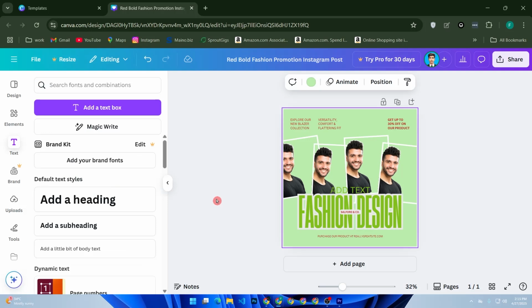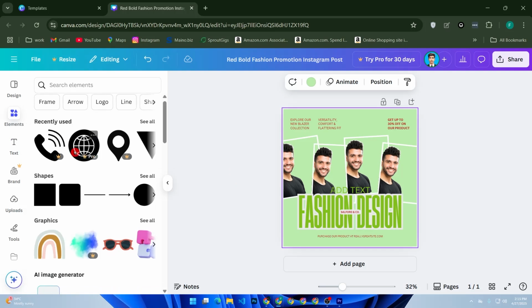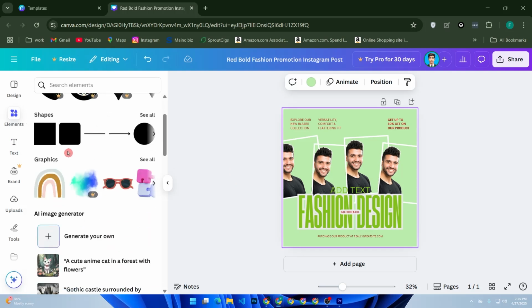Let's spice up your post by adding some design elements. Go to the Elements tab from the left sidebar, where you can find things like icons, shapes, illustrations, and lines. If you are promoting a product, you might want to use icons or shapes to highlight features. Simply drag and drop your elements onto the canvas like that,